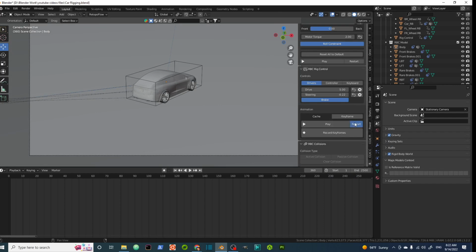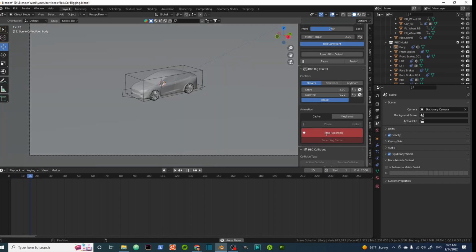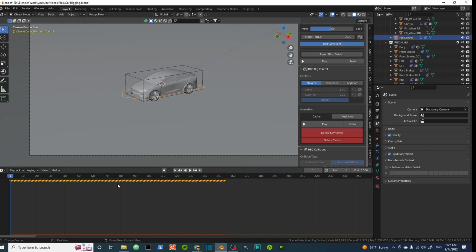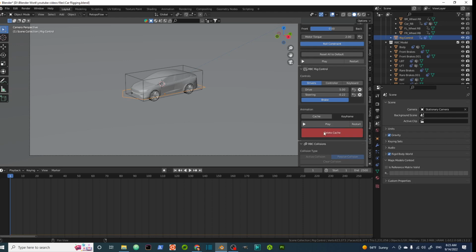Now it's the same, restart and record keyframes, and it will start recording our keyframes actually in the keyframe in the timeline. So delete keyframes, not delete recorded keyframes, and let me see how exactly it works. So restart, we can record the cache and play it. There's nothing in the cache for now. Pause, restart, delete cache, again